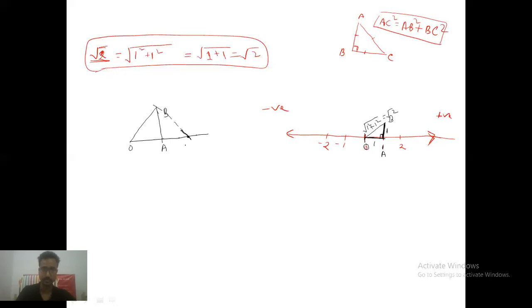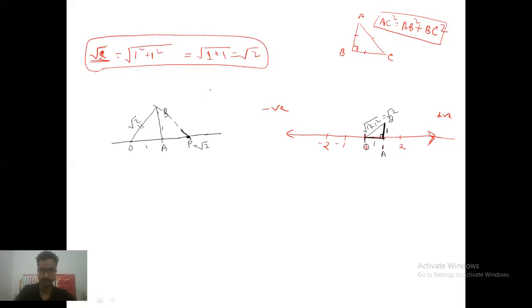Suppose this is a number line. This is the O. Taking O as the center, you have to draw an arc of radius OB. The value of OB is root 2. We have already found 1, so it will be root 2. Now when you draw an arc of radius OB, this arc will cut the number line at, suppose, point P. Yes or no? Now this point P denotes root 2 on the number line, because